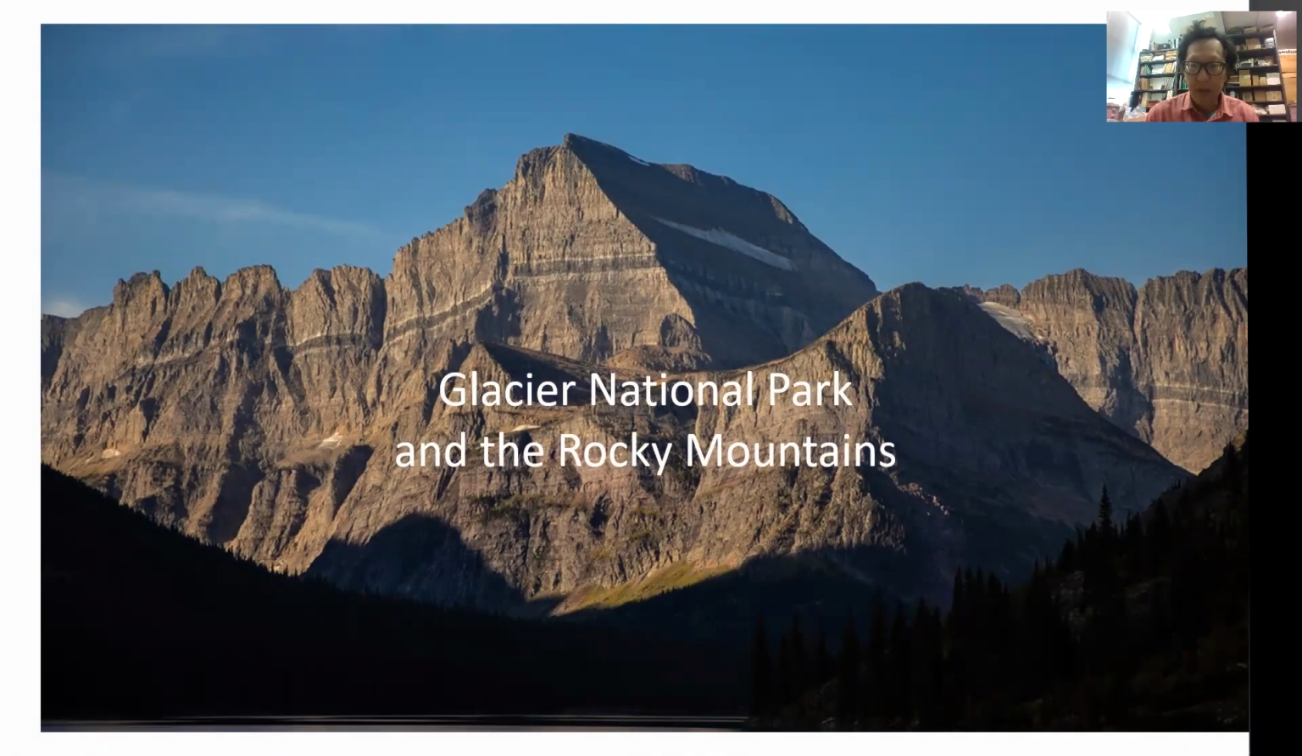I'm going to talk about Glacier National Park and the Rocky Mountains in which Glacier National Park resides. In the background is a very typical photo of what you'd see in this long chain of the Rocky Mountains, here displayed in Glacier National Park itself. You have these towering peaks with jagged sides, cliff faces, or scalloped edges,